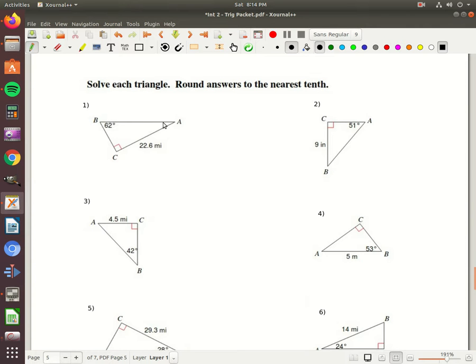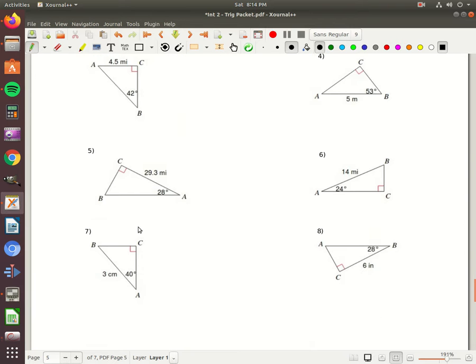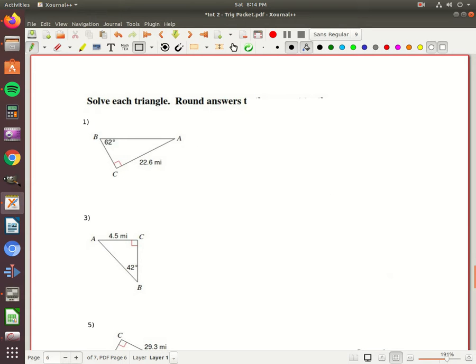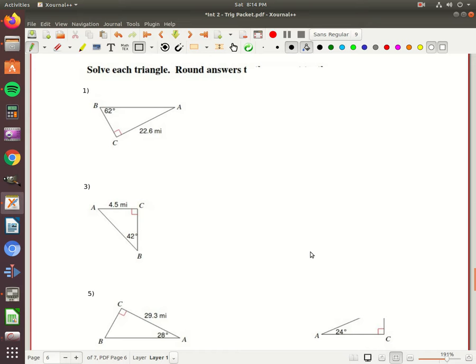I also know that once I figure out two sides of a triangle, I can use the Pythagorean theorem to find the third side. But that's really not what we're trying to do right now. We're trying to practice trig. So I would ask you to pretend like you don't know the Pythagorean theorem, and pretend like you don't know the triangle angle sum theorem, and just use the trig and practice that to find the missing part. So if I go with triangle 1,